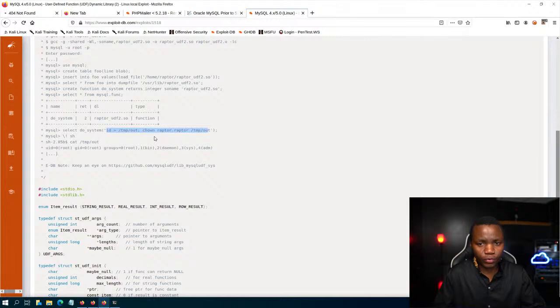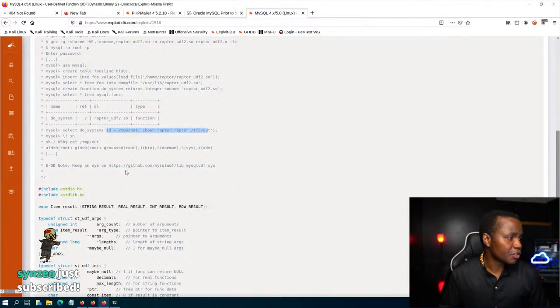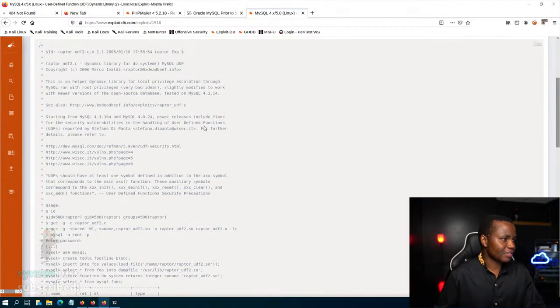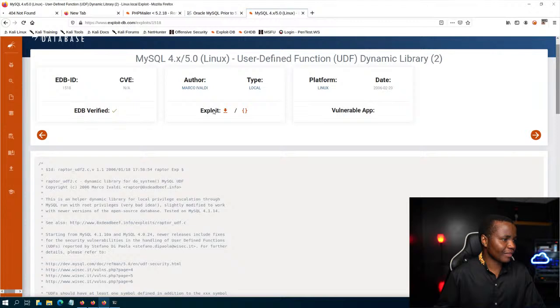Or we can create a new user, which is what I want to do. Or we can make Michael a root user. There are many things you can do, but I would like to create a new user here. So this is the exploit that we will be using. How does it work? Well, first you need to download it by clicking here